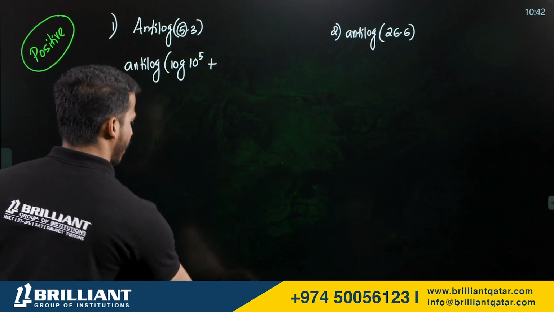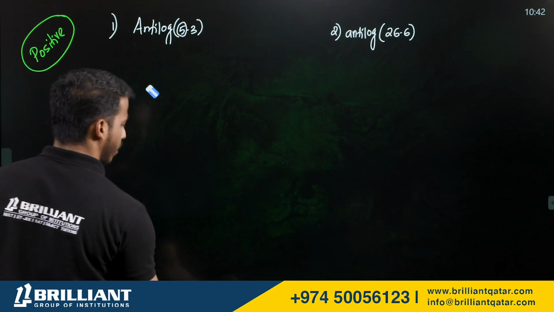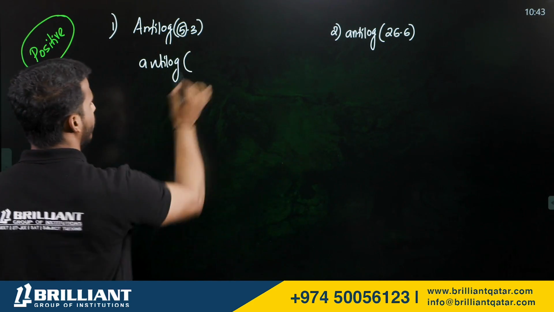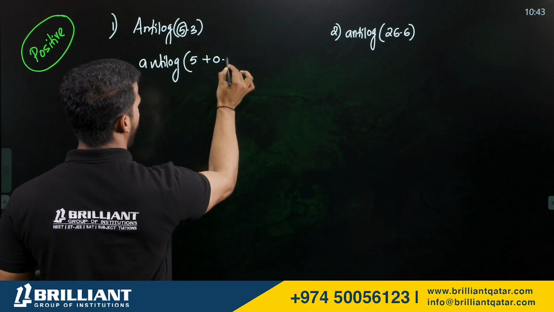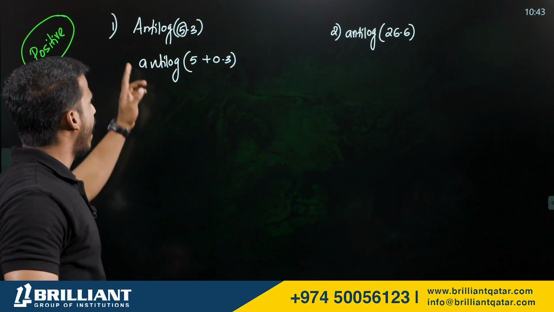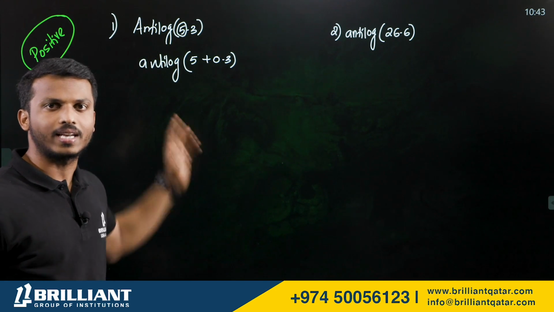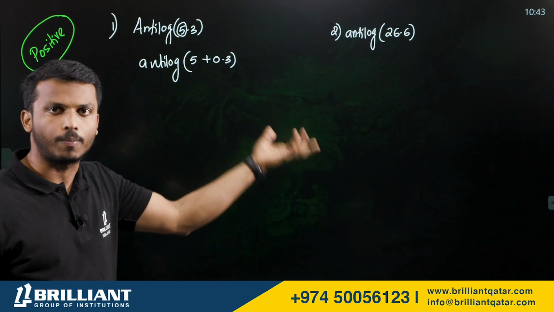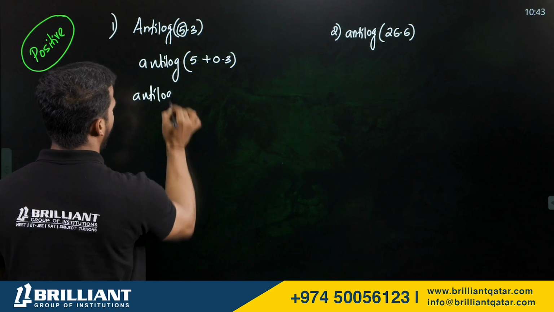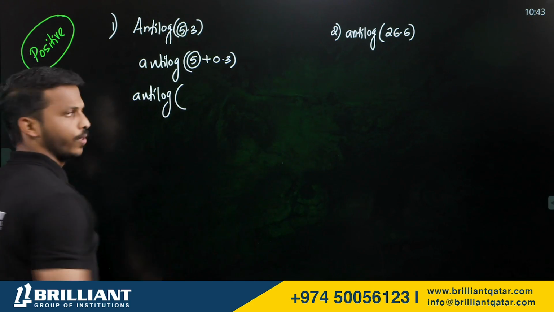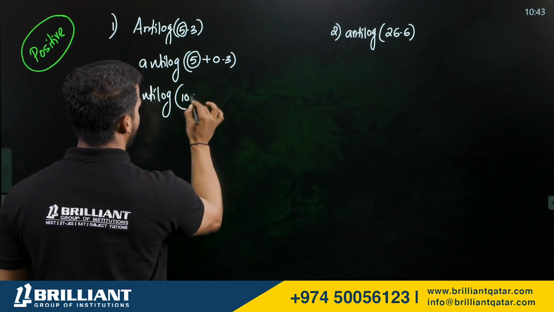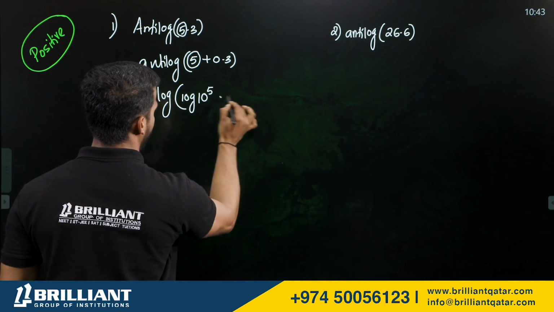Or I can make one more method for that. Just a minute all of you. I can write anti-log of this 5.3 as 5 plus 0.3, right? Possible, right? So in order to avoid confusion, let me add one more step. Anti-log of 5.3, I can write it as anti-log of 5 plus 0.3. 5 plus 0.3 is 5.3, right? Okay. Now let's continue. Anti-log of the first digit, you have to write it as the 10 to the power. Okay, 5 is the value. So let's write log 10 to the power 5 plus